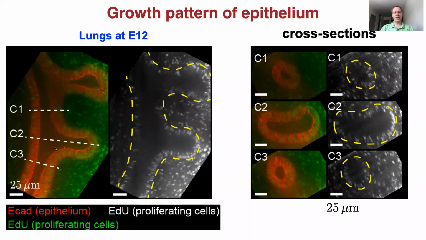So this is the location of the new branch, and obviously you see a lot of white spots here. So this branch is growing, right? But there are also lots of white spots above and below, and also in the mesenchyme, right? So it seems that the whole region is growing, and it's not that just the branch is growing more than